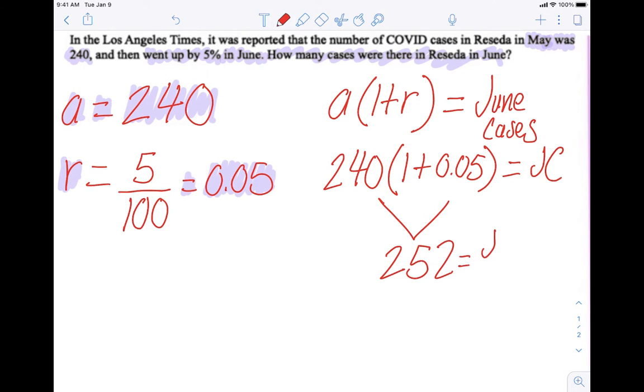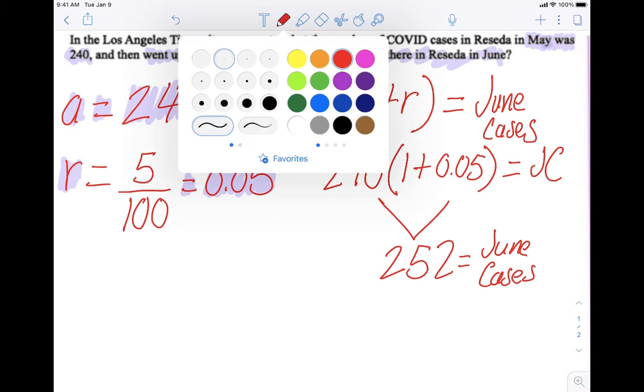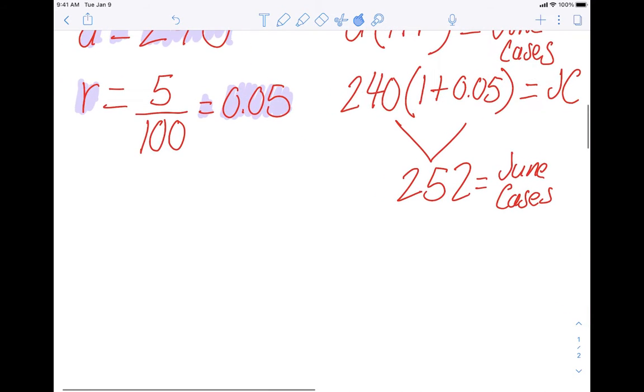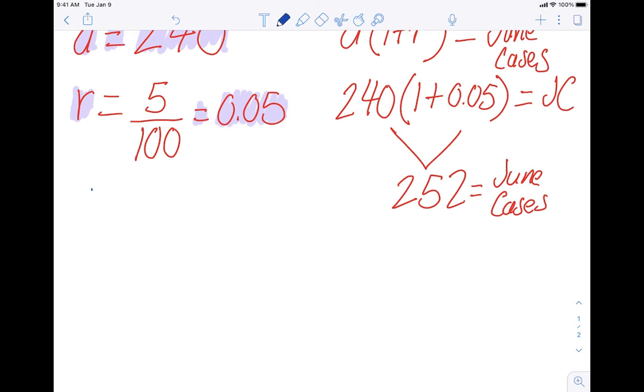So these two give me 252 June cases, right? So I need to write this in a complete sentence though, right, everyone? The question says, how many cases were there in Reseda in June? So I'm going to say, in Reseda in June,